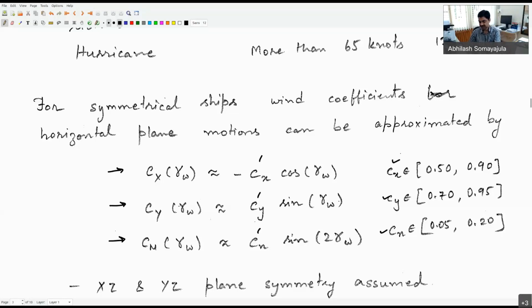Think about, when does this thing go to 0? When is it causing a wind force or moment to be 0? Does that make sense from what you're seeing? Yes, no? What do you think? So even at pi by 2 angle, it will be 0. Correct. So pi by 2 angle corresponds to the beam wind,